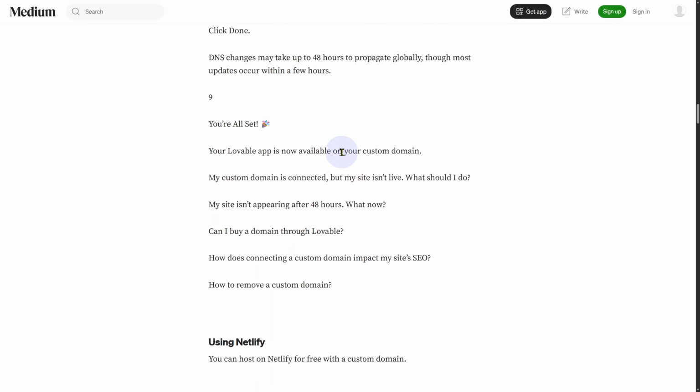In 24 to 48 hours you are going to be having your custom domain ready. So this is how